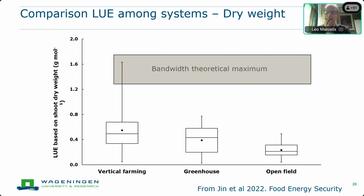And then we can conclude a few interesting things from this graph. We can see, hey, there was already a study which was very close to reaching this theoretical maximum. However, if we look at the average, the value is far below the theoretical maximum. So meaning there's a lot of room for improvement, so we can increase this light use efficiency a lot. And considering the variation in the literature, it also suggests it is possible. But then we need to learn more about it, and then I'm sure we can increase this light use efficiency